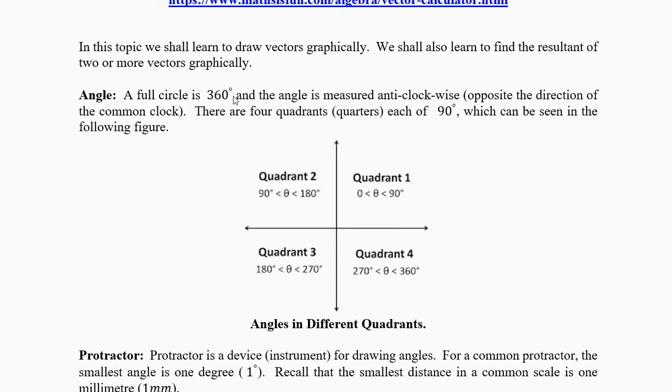We are using degrees in today's discussion. There is another unit called radians, but we don't need it today. So in your first quadrant, you have a total of 90 degrees, 0 to 90. This vertical line is the y-axis, and the horizontal line is the x-axis. This angle is 90, this is 90, this is 90, this is 90. All of them are 90 and 4 times 90 is 360 degrees.